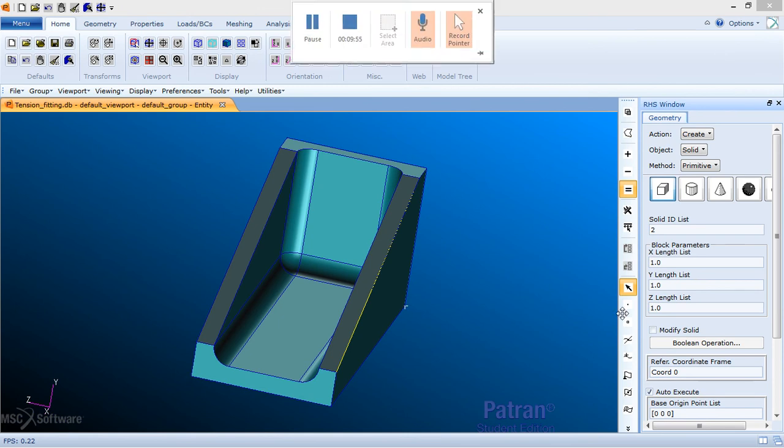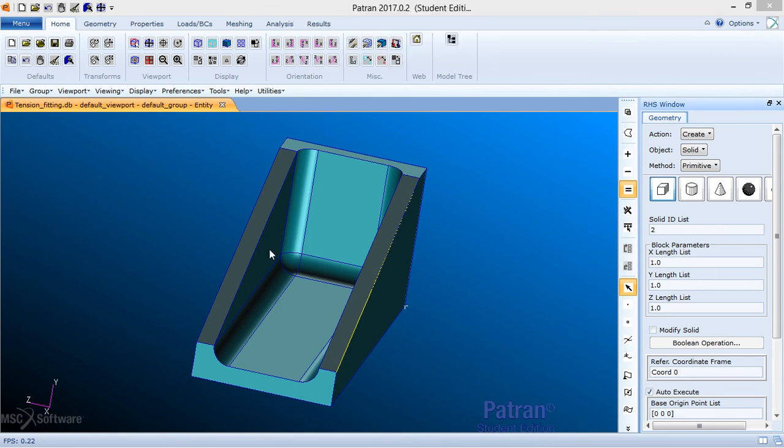Then for our next step, we're going to create a hole, a big hole here. So we make sure we are in geometry, create solid primitive, then we select the cylinder option. Now that we're on the cylinder option, we give the height of the cylinder as 2 units. The radius will be 0.25, and